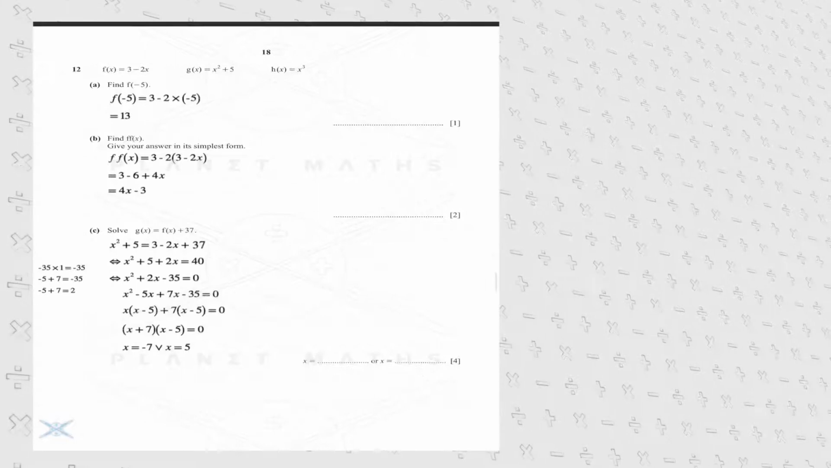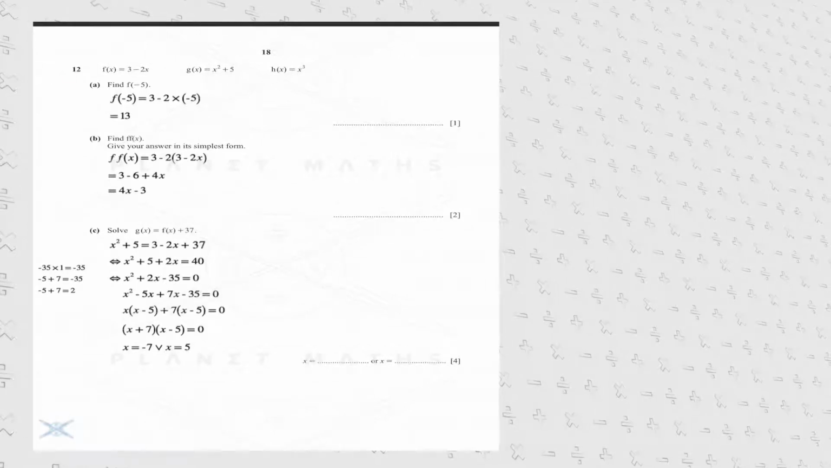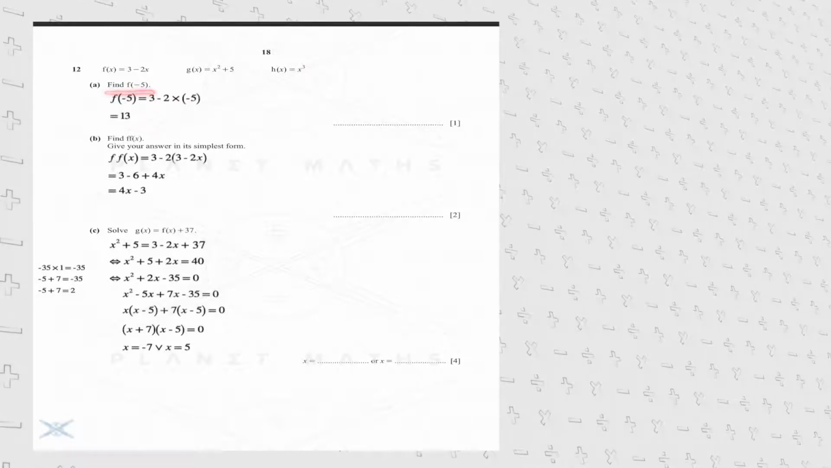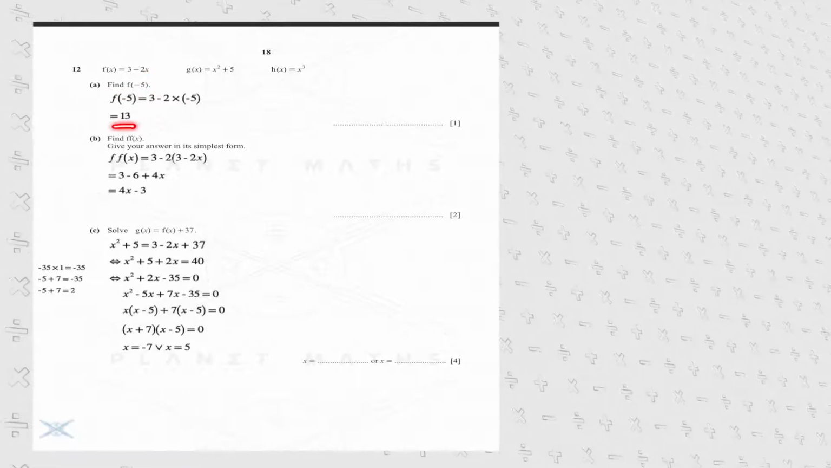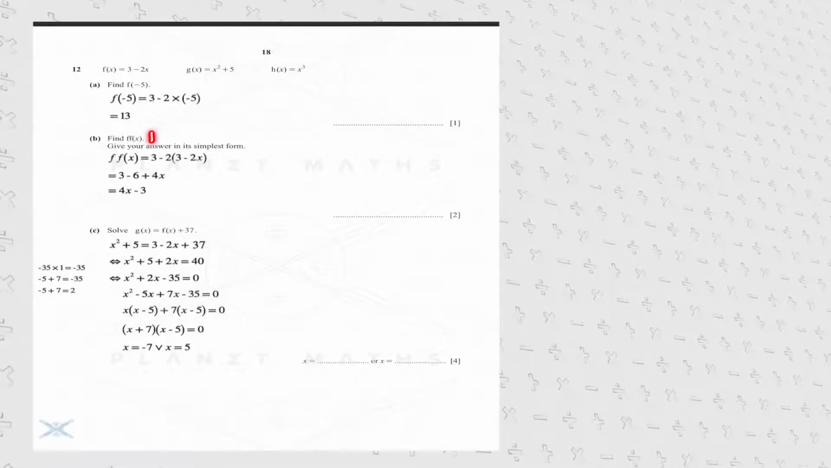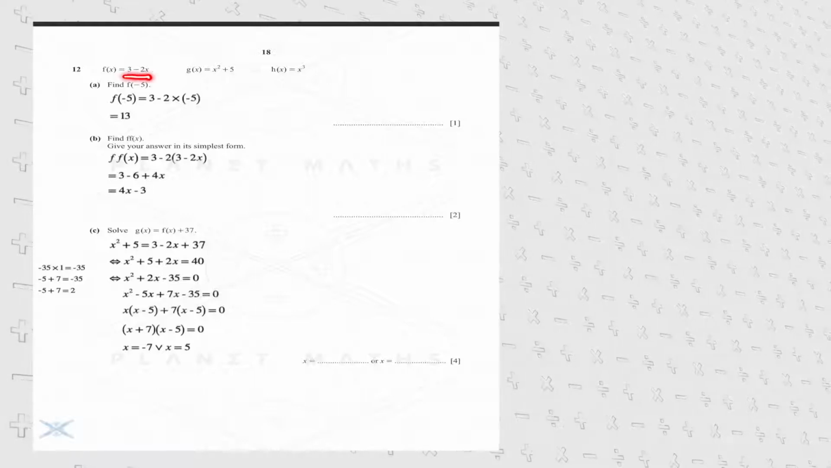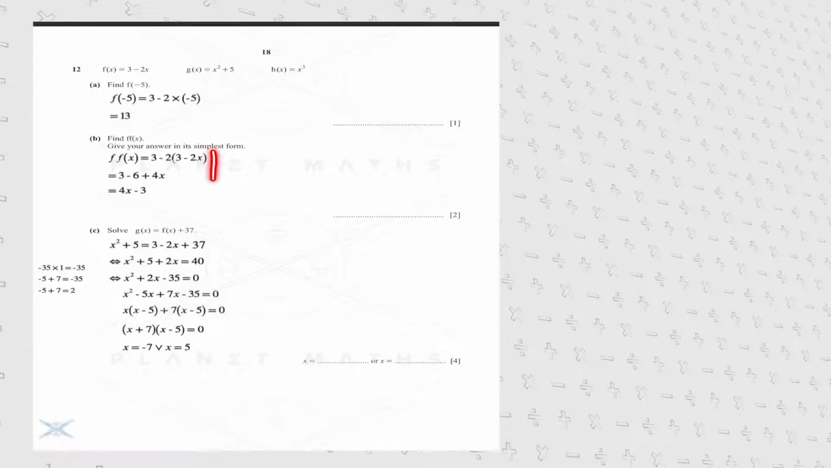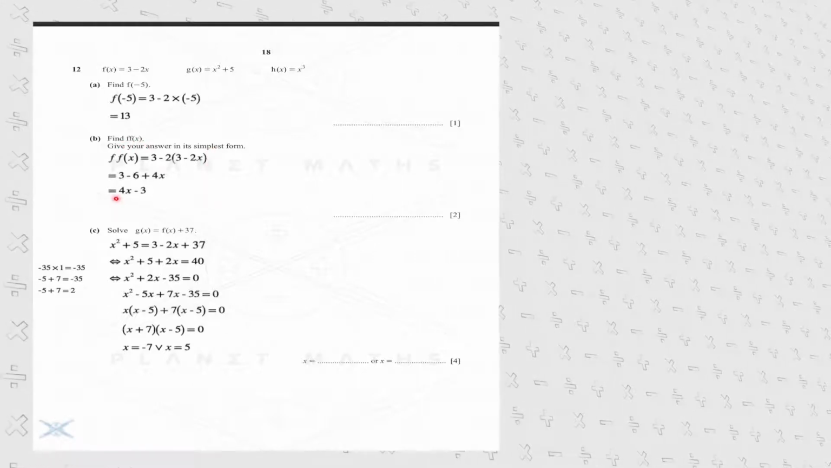This leads us to the final exercise of this exam paper, exercise 12, where we are provided with 3 functions. And in part A, we are required to find the value for f of negative 5, which means we simply plug in negative 5 for x and conclude that the corresponding y value is 13. In part B, we need to find f of g of x, meaning that we will substitute 3 minus 2x for x. Providing our answer in its simplest form, after simplification lets us conclude that